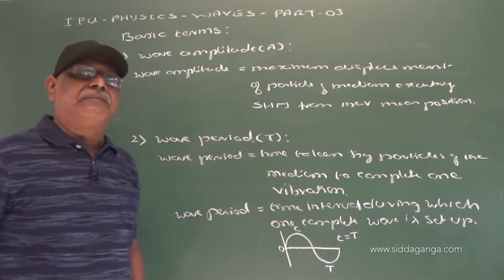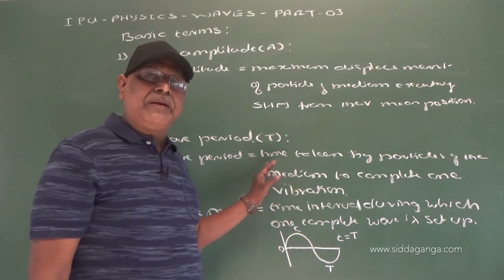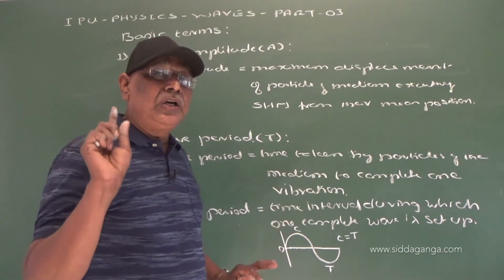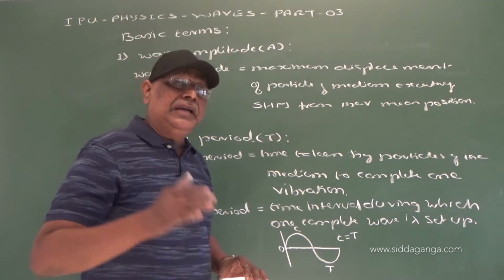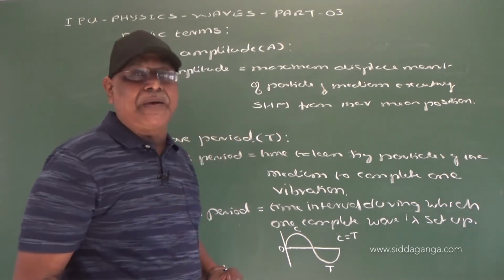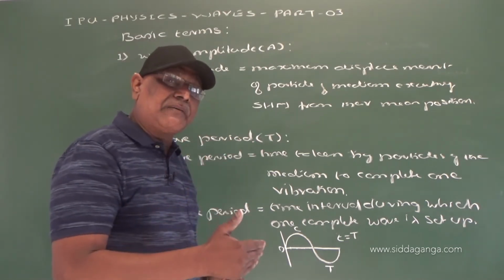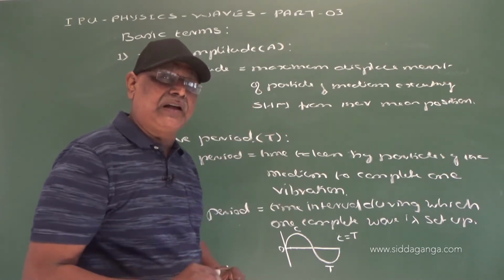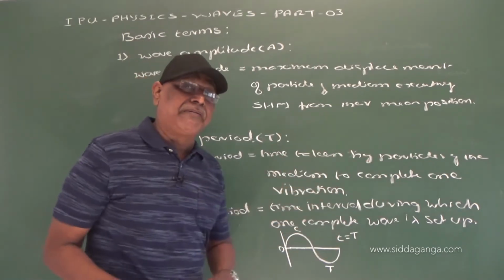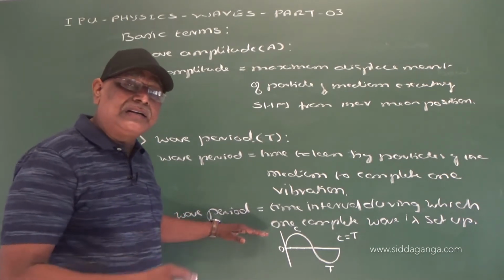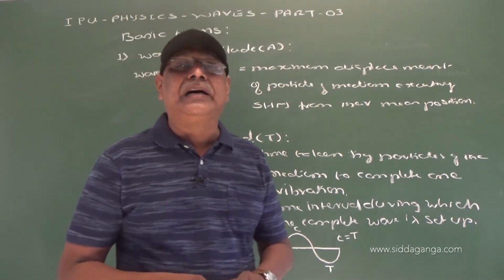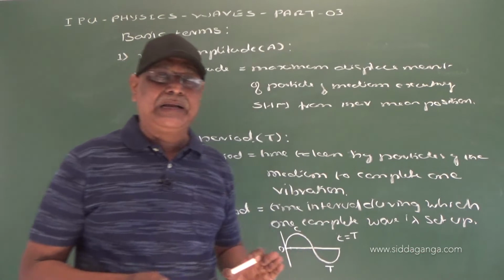Suppose the time period of vibration, or time taken by particles of the propagating medium to complete one vibration, is 2 seconds, then it takes 2 seconds to generate a complete wave. That is, in case of a transverse wave, a crest and a successive trough, and in case of a longitudinal wave, a compression and a successive rarefaction. So these alternate definitions will help us in better understanding waves and wave motion. Is it clear?